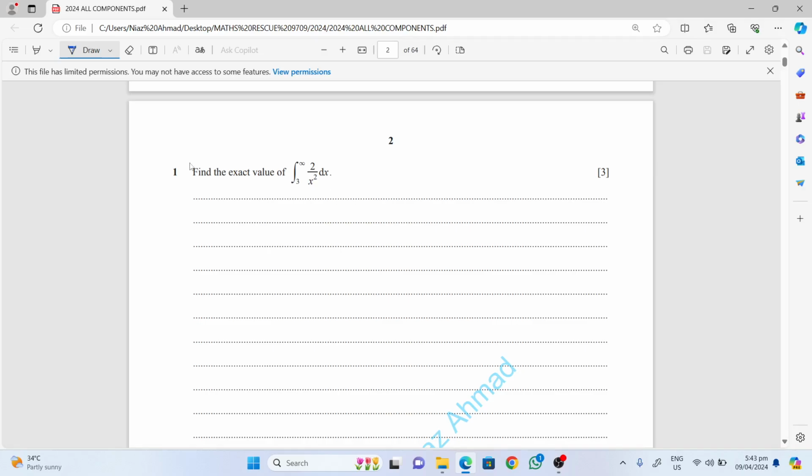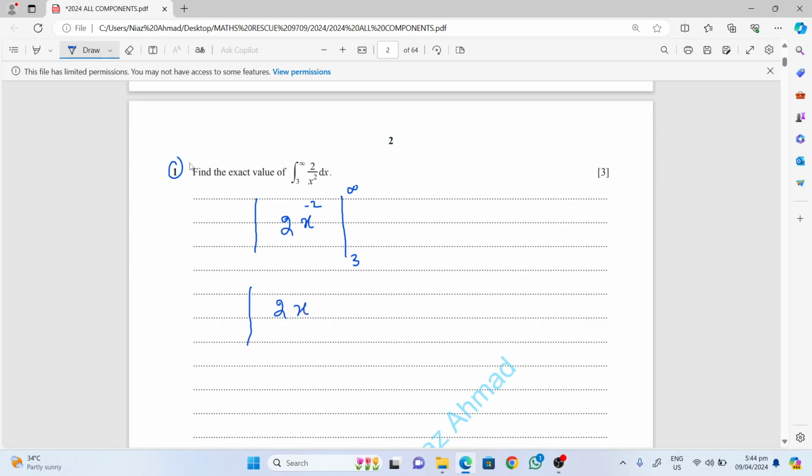Question number 1 says find the exact value of the integral of 2 by x square with limit 3 to infinity. So here we are going to do our integration. Take this x square to the upper side. When this x square goes up, it becomes negative. So x to the power negative 2, and the integration